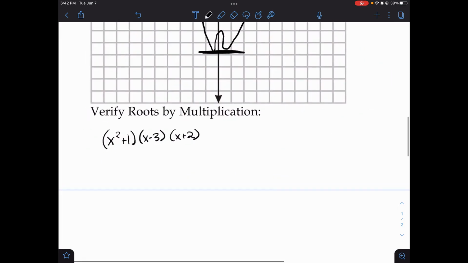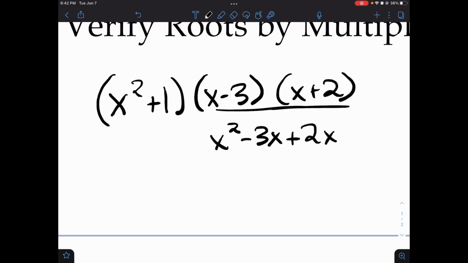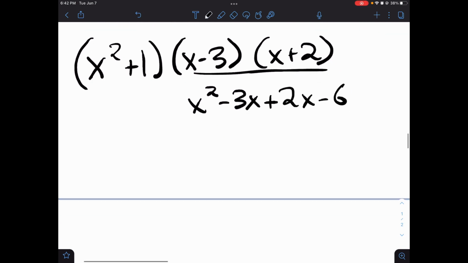So first, let's multiply these 2 terms right here. So we get x squared minus 3x plus 2x minus 6. So that gives us x squared minus x minus 6 as our term, and then we bring down the x